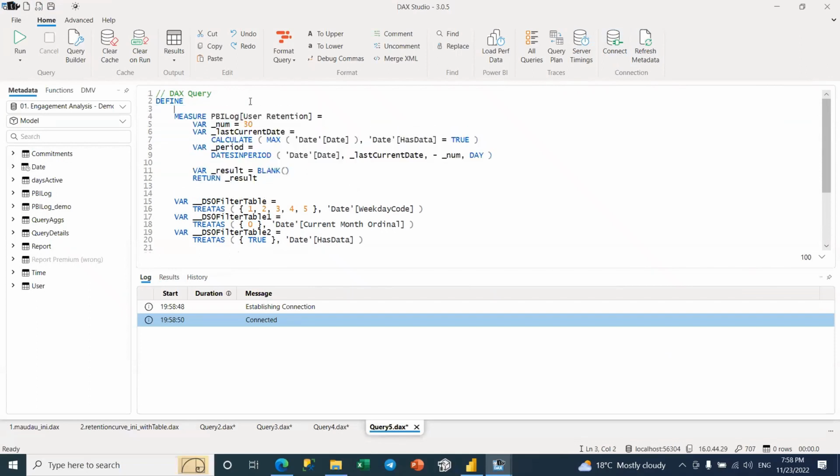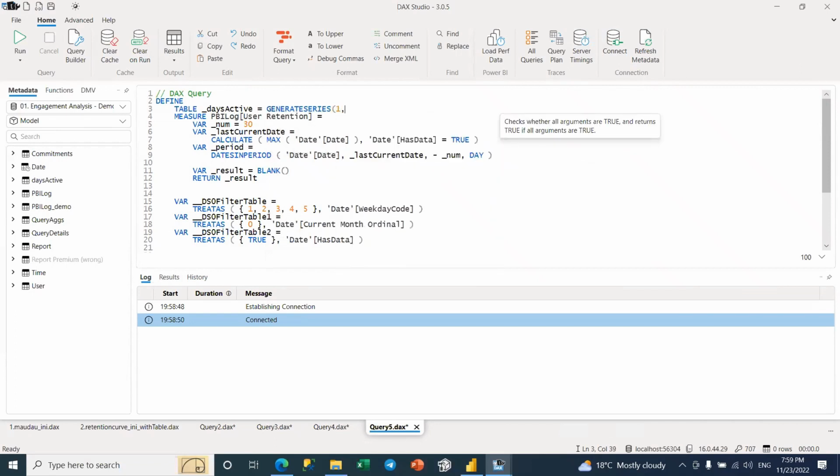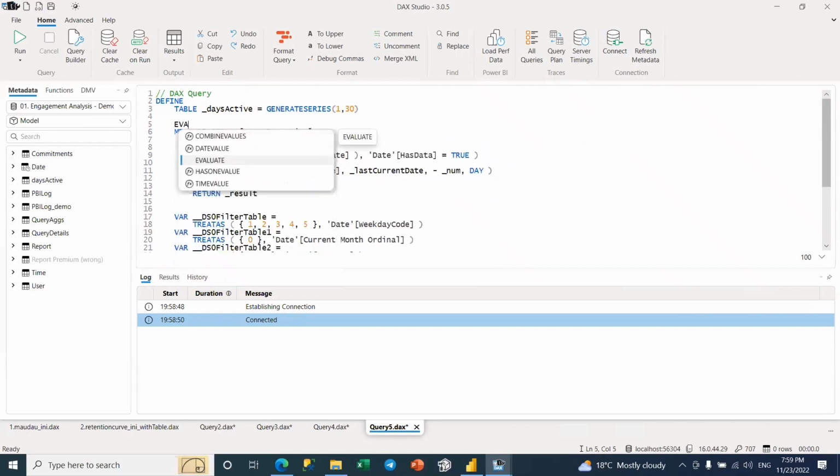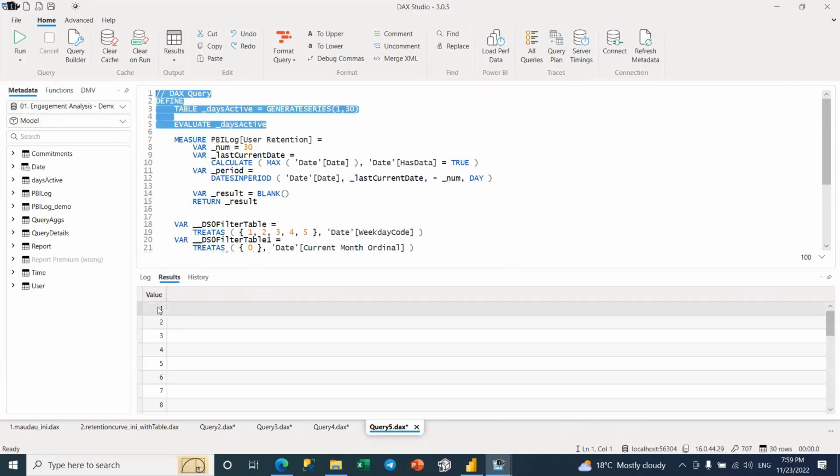But before that, we want an axis which is having just 30 values from 1 to 30. So we can even do it ourselves here. We can simulate that. So days active and GENERATESERIES from 1 to 30. Actually, let's evaluate this to see how this looks. So I execute it, and yes, I have a table from 1 to 30.